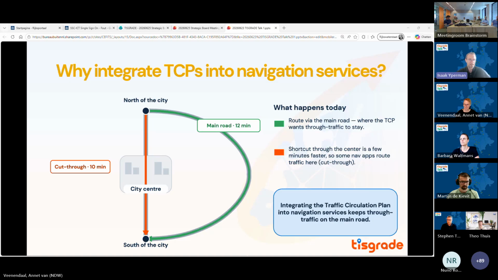And by providing clear traffic circulation plans and integrating them in the services of service providers, we hope that in this example, the green route will be proposed instead of the red one. So that's a very simple example just to show the main idea behind what we are trying to do here. On the next slide,